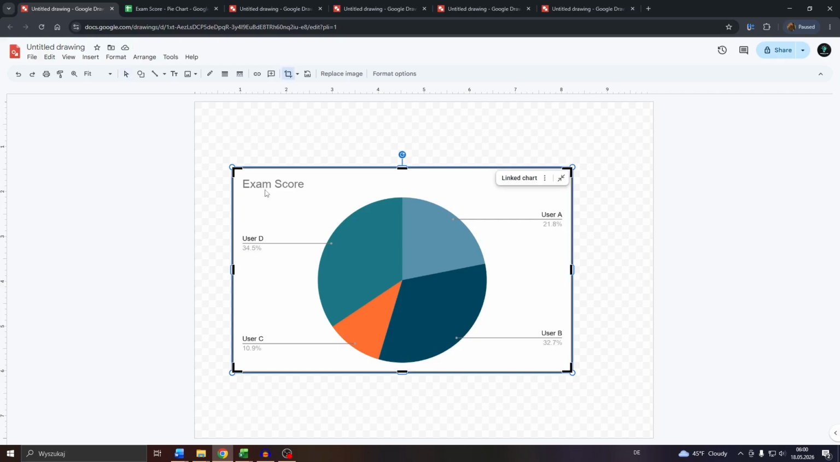However, you can't change the data of the given pie chart here in Google Drawings. For instance, if I double click into the given pie chart to change, let's say, this title here, I won't be able to change the text. Instead, I will be given the opportunity to crop the pie chart by using these markers,